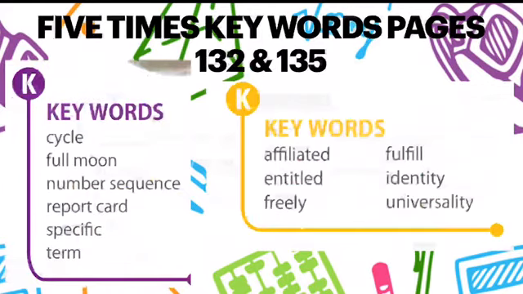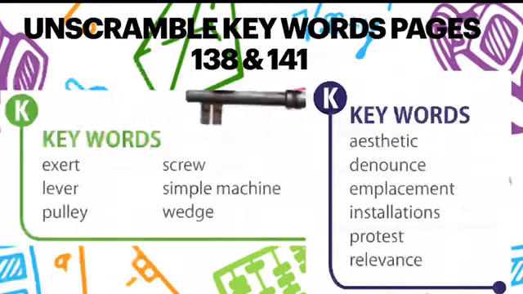I also added the definitions. You will see them in a moment. So now let's continue on the next vocabulary activity. This is the next vocabulary activity, the unscramble. The unscramble keywords are from pages 138 and 141. The keywords from Curious Scientist, page 138,